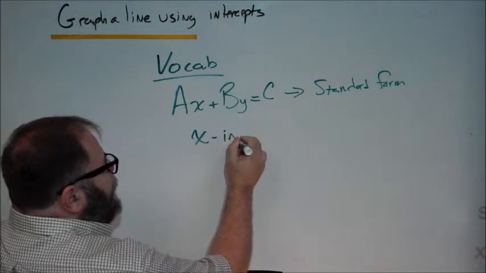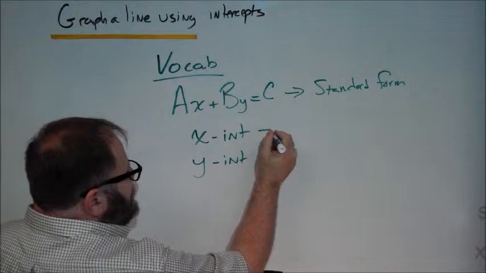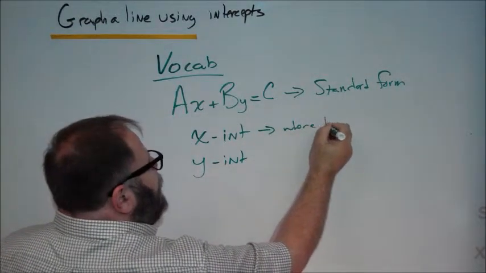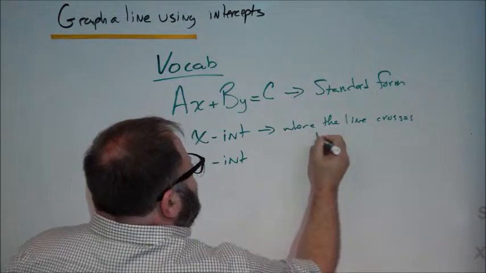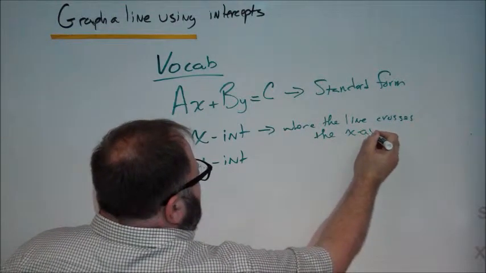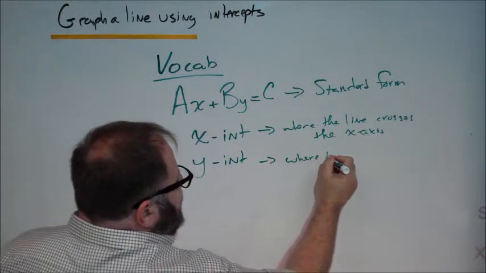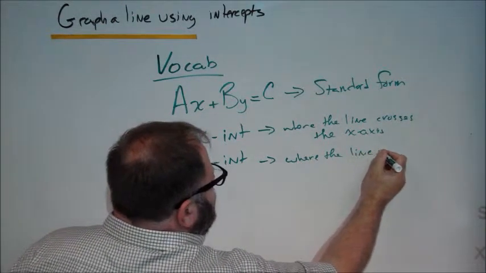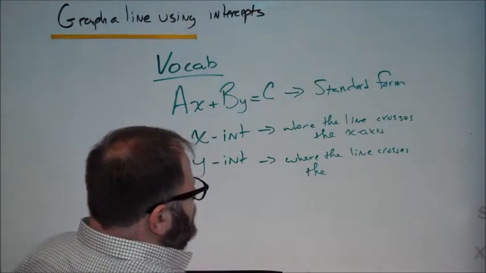So we have the y-intercept and the x-intercept, and I know I said that backwards: where the line crosses the x-axis and where the line crosses the, I hope you're going by my voice and not trying to read my writing,